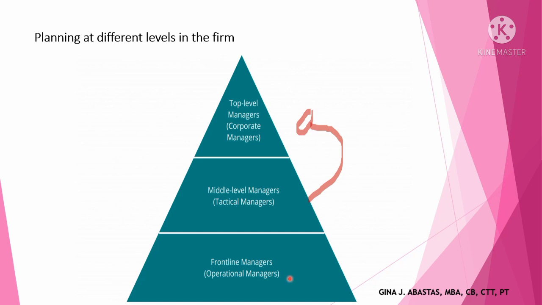So although lower level managers do not set goals for the organization, they have an unyielding influence on the company. So these are the managers that most employees interact with on a daily basis. If the manager's performance is poor, then employees may also perform poorly. Okay, so they cascade the goals among their subordinates to be carried out specifically, and it is at this level of management wherein daily activities are being supervised and